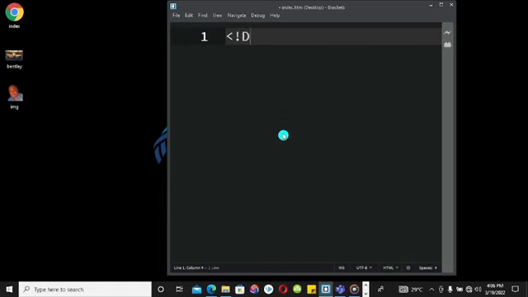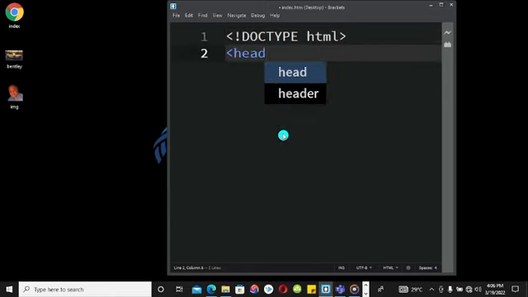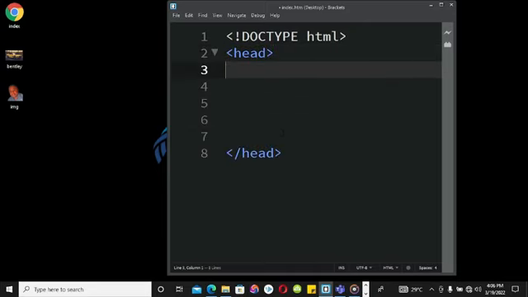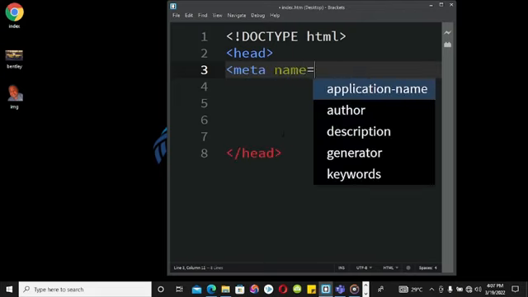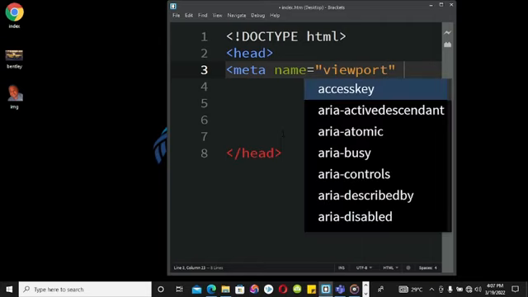So first we'll define our document type. Of course it's HTML, and next we are going to bring in our head tag. And after that we'll define our meta type. So I'm going to say meta name is viewport. Content